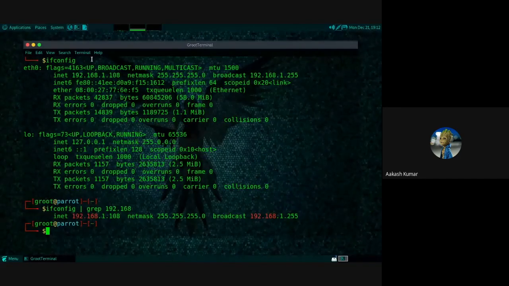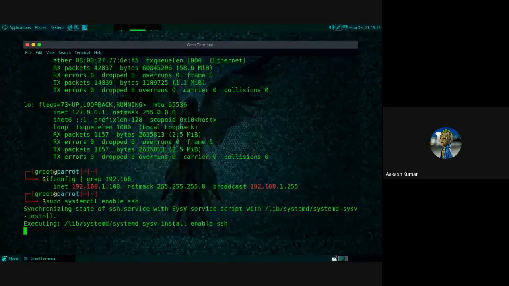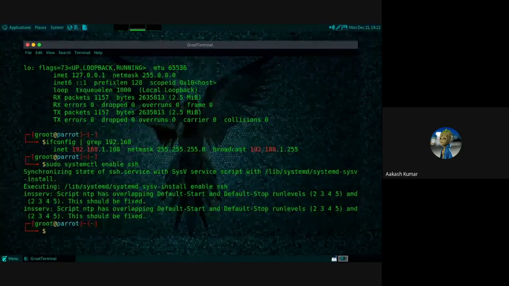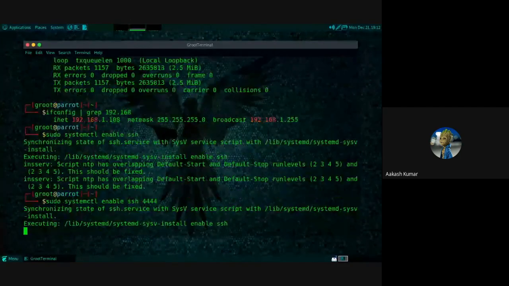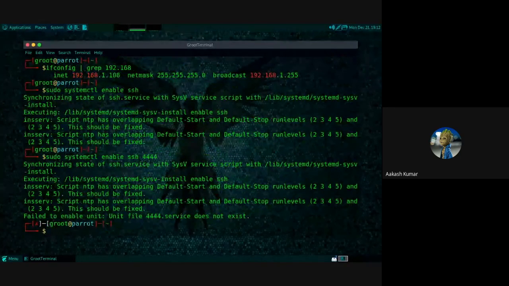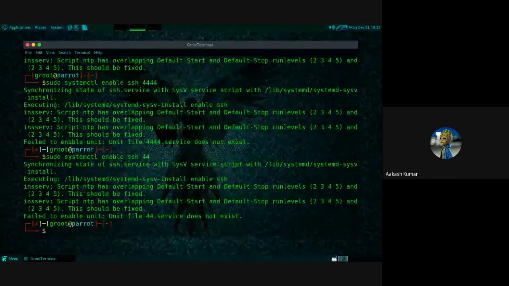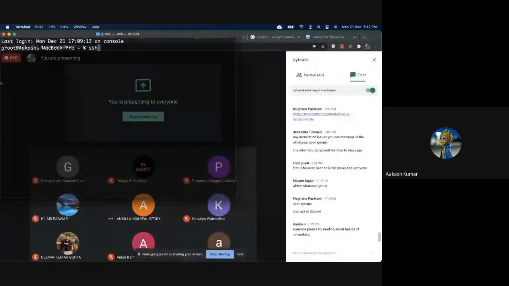I haven't started the SSH server, so I will start it on 444. Then wait a second, I am having some issues in my SSH right now.